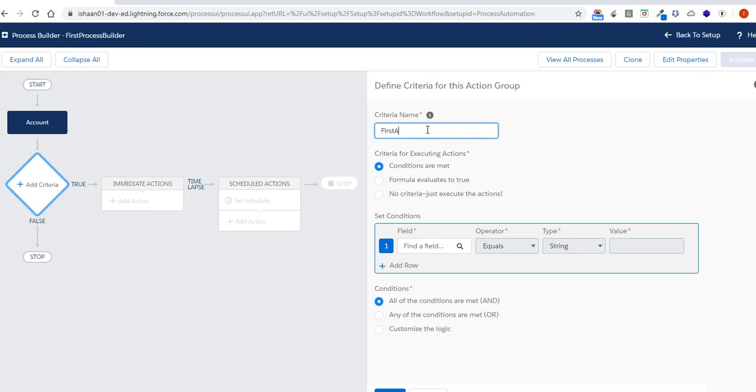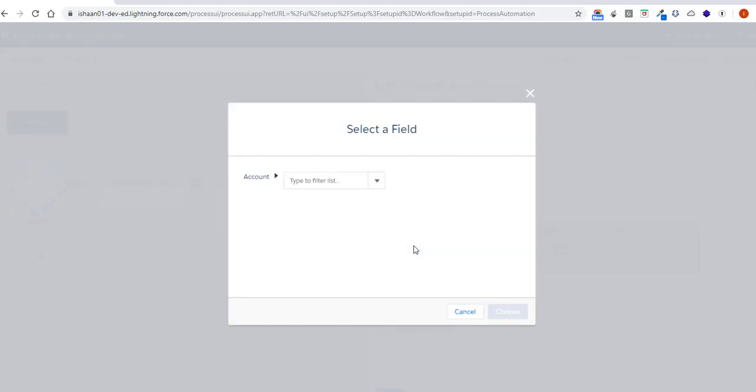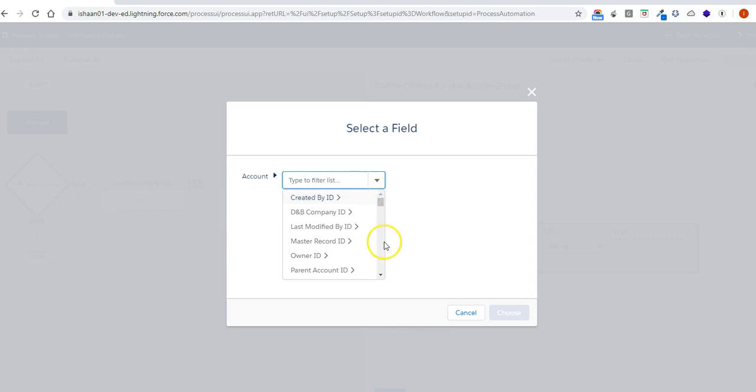First account criteria. Okay. When the condition is met, what all conditions do we want? We want that account email should not be null. I'll write an email. This is the same field. Our account